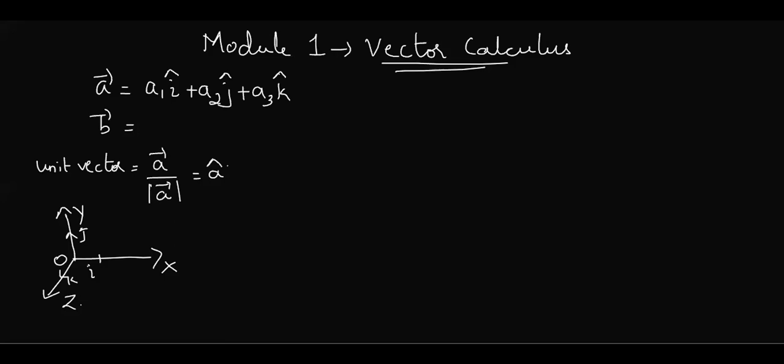Okay. Now, suppose we have A and B. For B, I'll take it as B1 i plus B2 j plus B3 k. For such vectors, I'll not take the trouble of writing the cap, it is understood, and if you don't write it also, okay. But when you mention a vector like A and B, you should put an arrow mark on top, which is called A bar and B bar. You cannot say simply A only. It has to be A bar only.